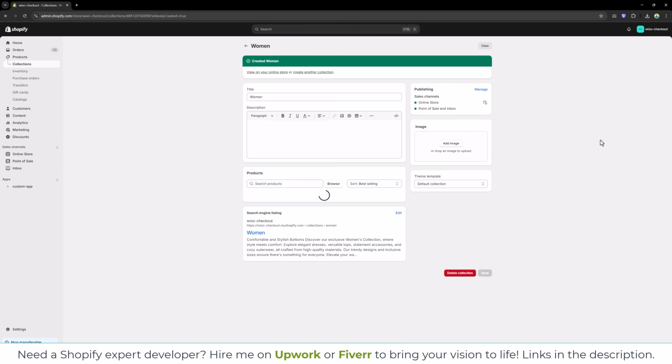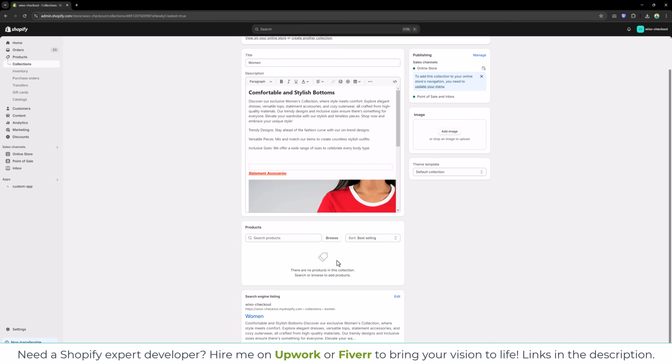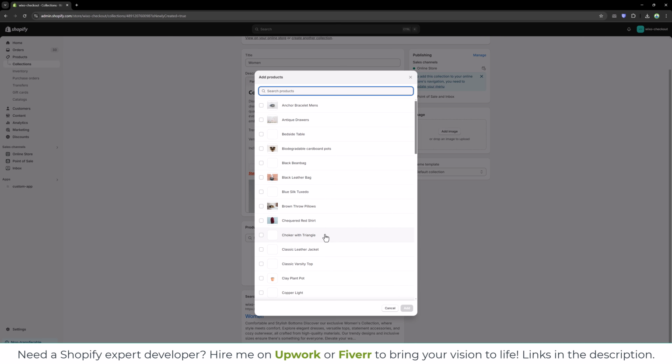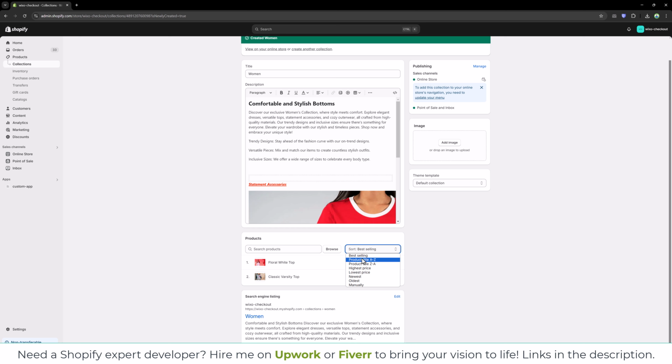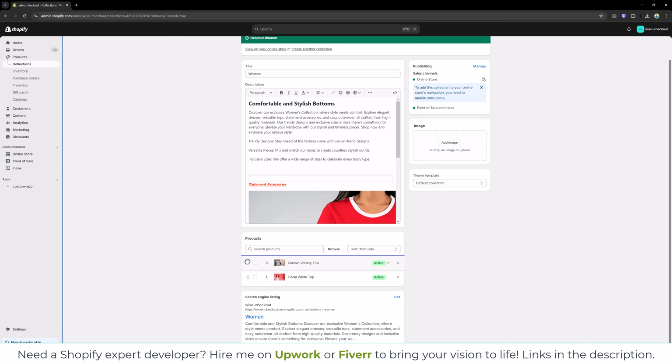do you see we don't have any product, and we need to search for products from here, and this is how you can add the products in this collection. And you can sort them by best selling, by title, by title in descending order, lowest price, highest price, newest and oldest, and manually. And if you select manually, you can drag and drop, and you can change the position of your